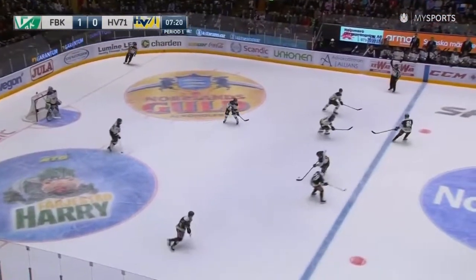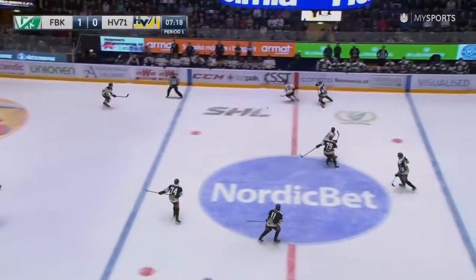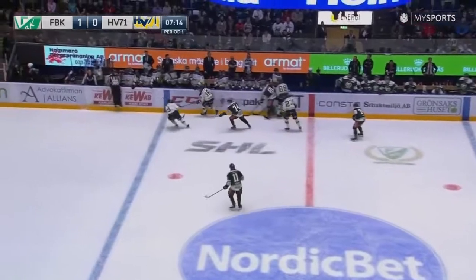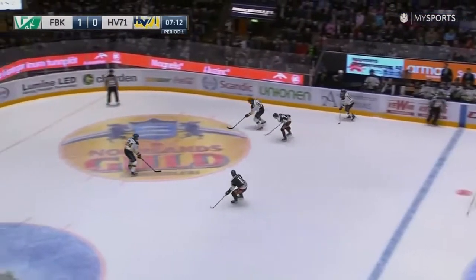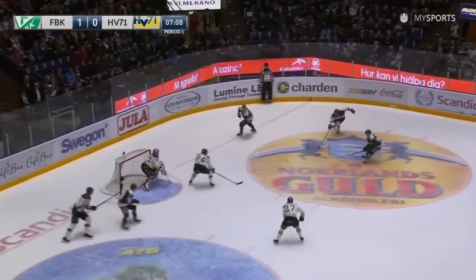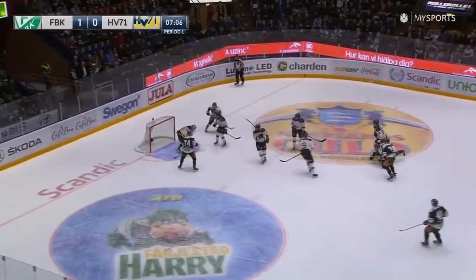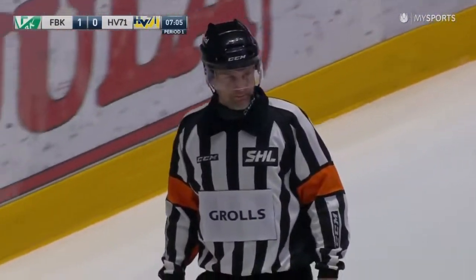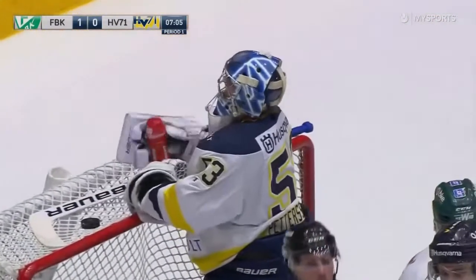Asplund had that one just out of his reach. Edschel able to come away with it as he'll throw this one up to center. Pierre Engvall battling there against Lundstrom. Edschel back in his own zone. And now a fortuitous bounce off the referee for Färjestad, a one-time attempt right on. And Pedersen Wenzel takes that one right in the midsection and holds on for the stoppage with 7:05 remaining